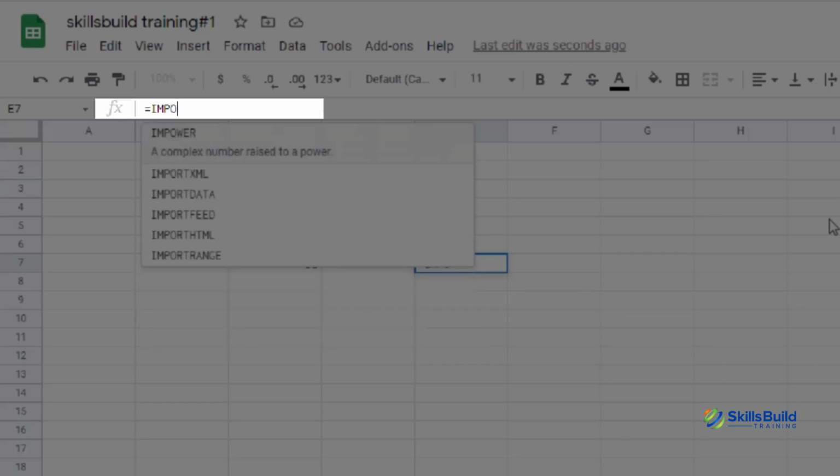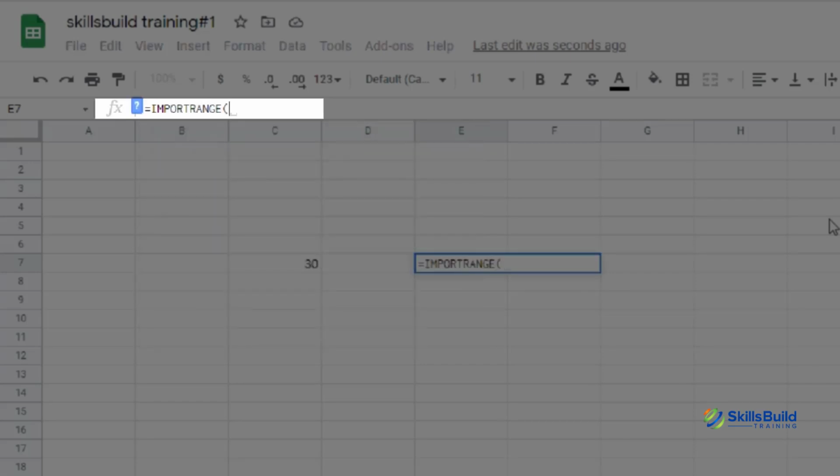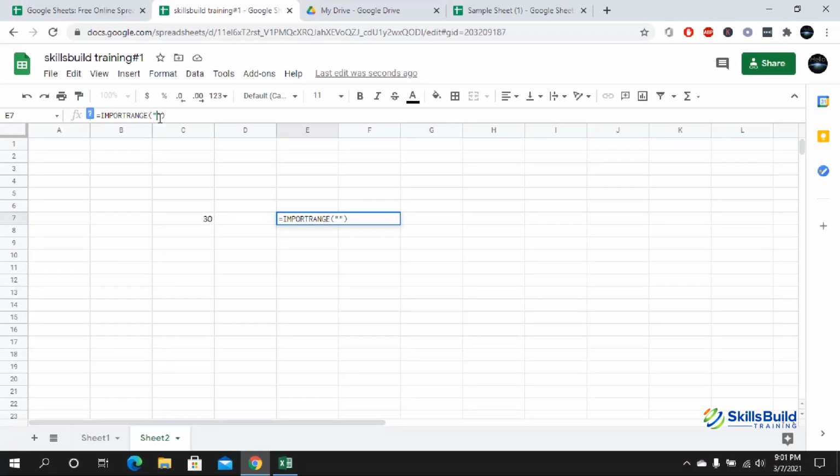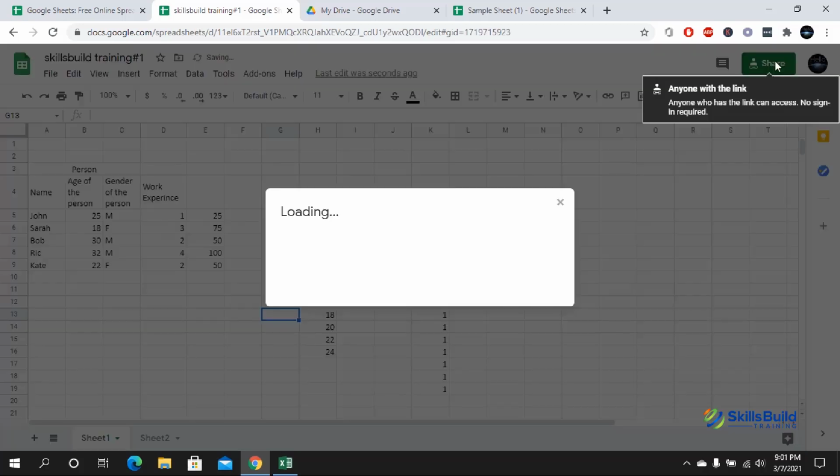Okay, so import range, here you can see that it has automatically come here. It suggested it to me. So now I'm going to close it, and inside here I'm going to put double quotes, and I'm going to paste the link of the file or link of the sheet. So I'll go to sheet 1, I'll click on share,